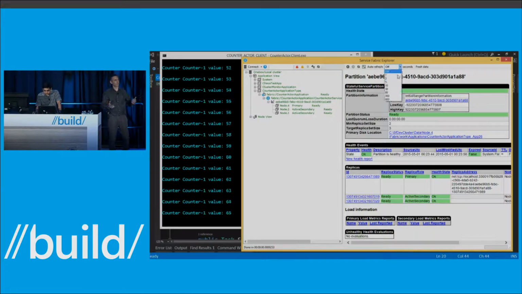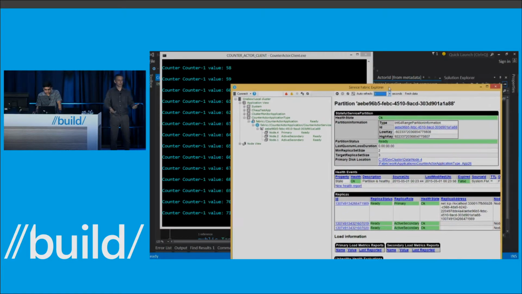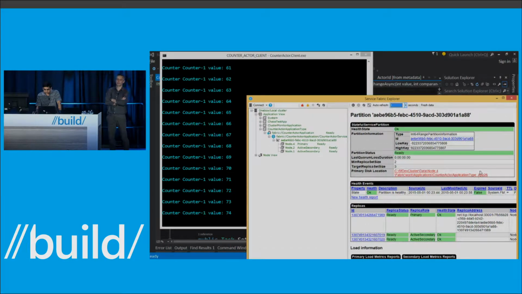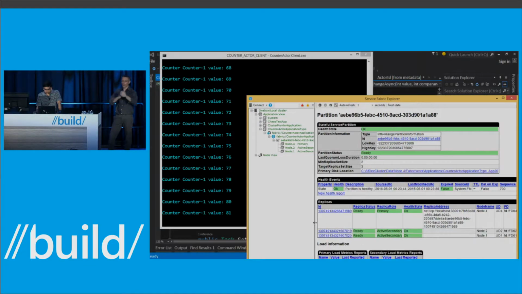Yes, we have copies of your state replicated around. When you kill machines, we know exactly where they are. You never lose any of your data. SQL Azure databases are built exactly like this. Copies of databases, machine fails, we just fail over to the other copy. Okay, so you know what I'm going to do next.